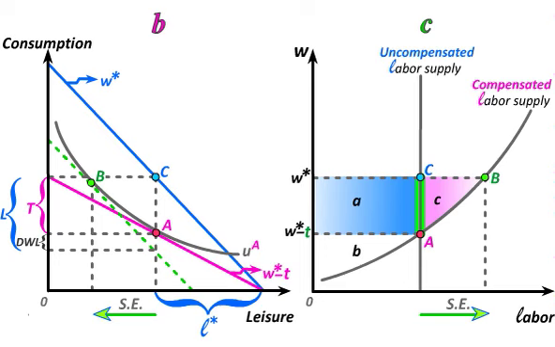To see this, all we have to realize is that the worker is equally happy at points A and B because they both lie on the compensated labor supply curve for the utility level UA. You can also see in panel B that they both lie on the same indifference curve, UA. If the worker is equally happy at point B as at point A, but is getting a surplus of A plus B plus C at point B, whereas he's only getting a surplus of area B at point A, it must be that he gave up A plus C in the lump sum tax to make him equally happy.